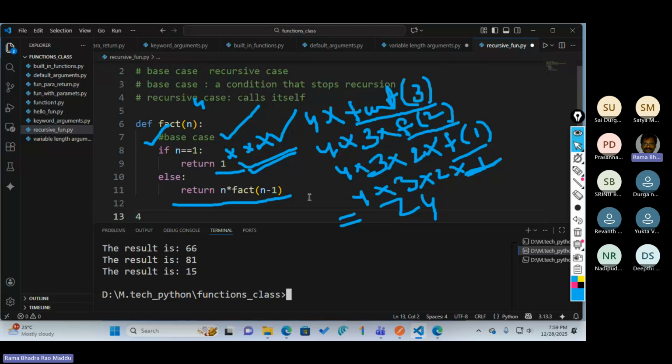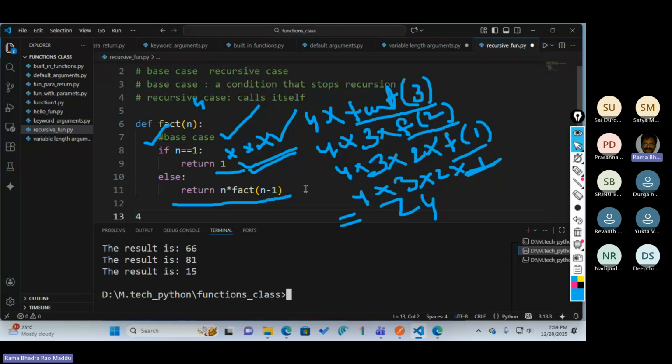Very simple. If you are intelligent, you can take anything. I am telling very clearly, the recursive function contains 2 parts. One is the base case, another one is the recursive case. You can write it in a for loop, you can write it in anything. But in that case, how will you call a function itself?